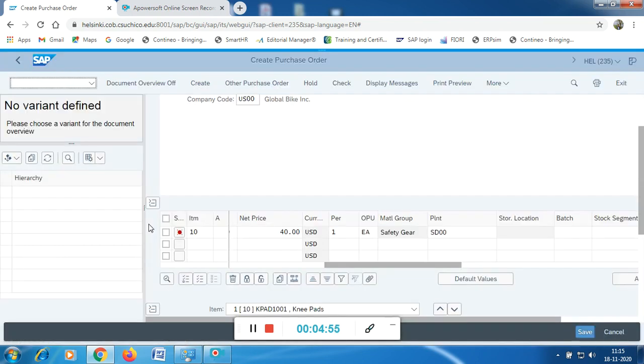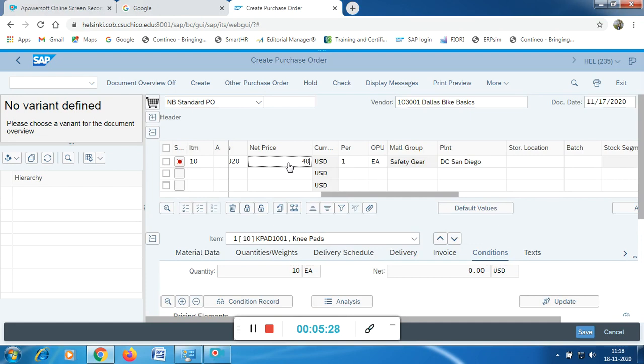One more thing: warehouse management can be done only for the plant SD00, that is San Diego, because your Miami plant or Dallas plant doesn't have a particular warehouse. So take the plant as SD00 and give an enter once again. Just wait for it to load. All the information is loaded. Since my net is a little slow, it is taking some time for loading, so just hang on.